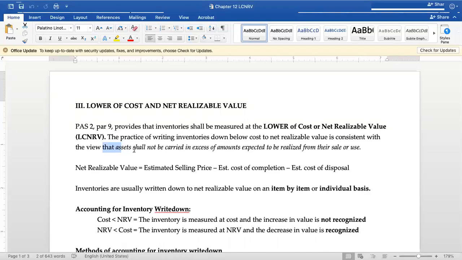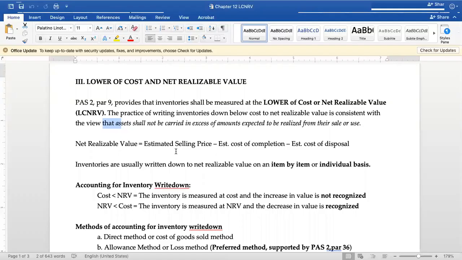Now, take note that assets shall not be carried in excess of amounts expected to be realized from their sale or use. So therefore, the inventory shall be measured at LCNRV, or lower of cost or net realizable value. So this is also an application of the conservatism principle. Okay, so how to compute the net realizable value? Net realizable value is equal to the estimated selling price minus estimated cost of completion minus estimated cost of